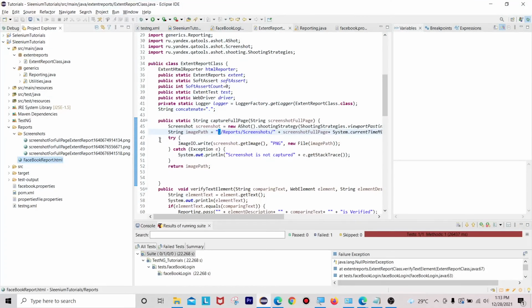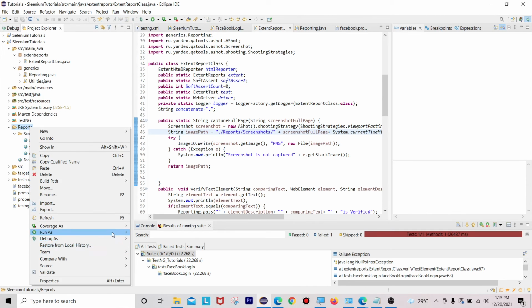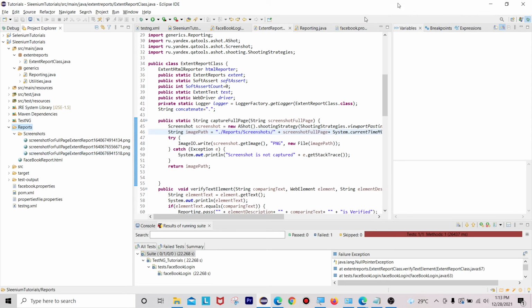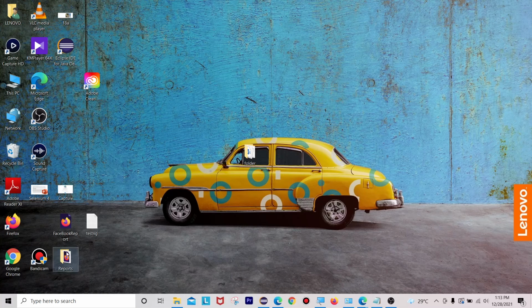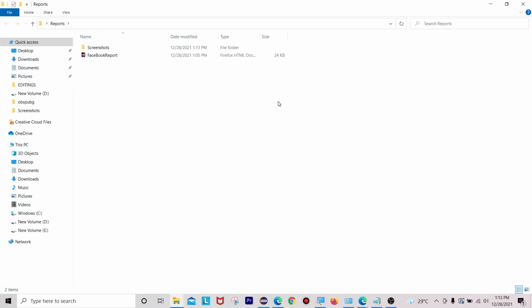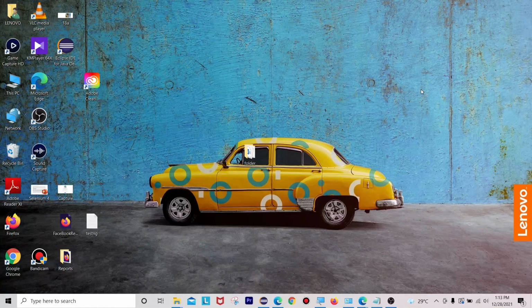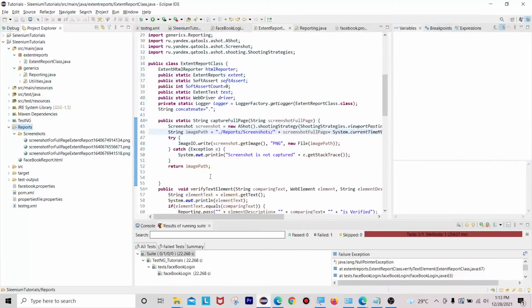Once you are done with that execution part, in this way by using relative paths, you have to copy this reports folder and save it on your desktop or any other folder, so that you can go to your email and directly zip this folder and send that report to your team members or to your client. Once they receive that email, they will see that .zip file, they will unzip it, and from there it will take their current machine location, because we are using that dot operator here.